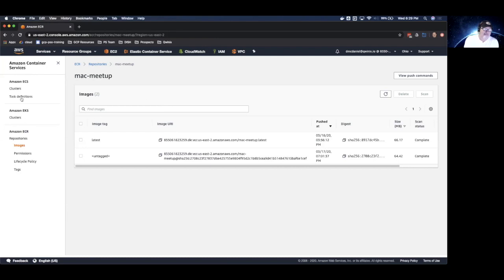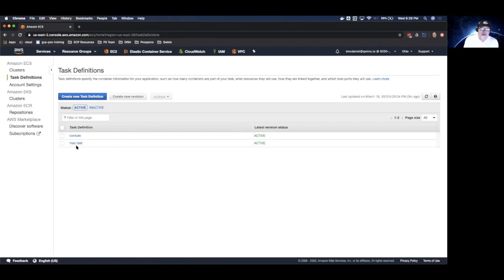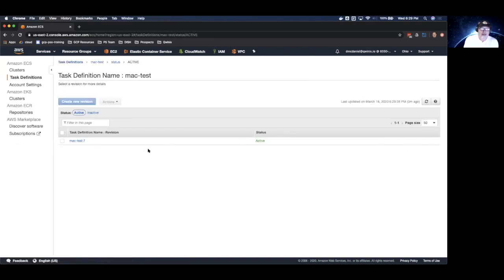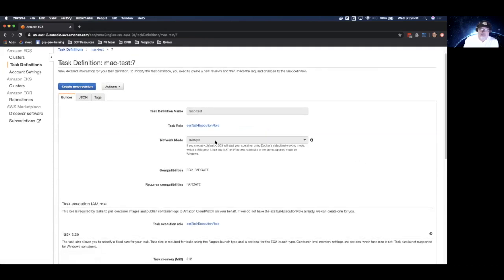my task definition. So if you look at the way ECS breaks things up, you've got tasks, and this is the task definition and revision. So it took me 7 tries to get it right. The interesting thing about this is the network mode and the compatibilities. So the network mode says that we're deploying this into an AWS VPC. That and the combination of Fargate deployment model says that